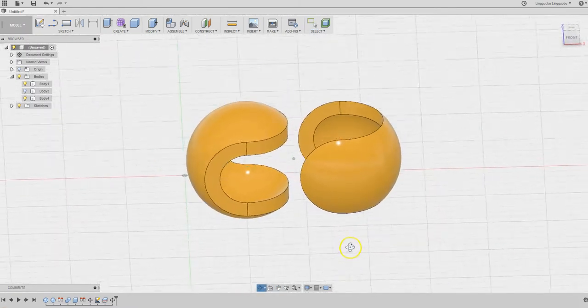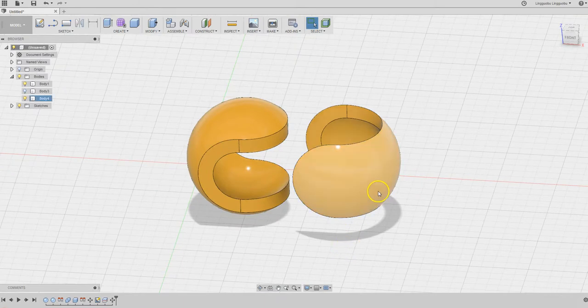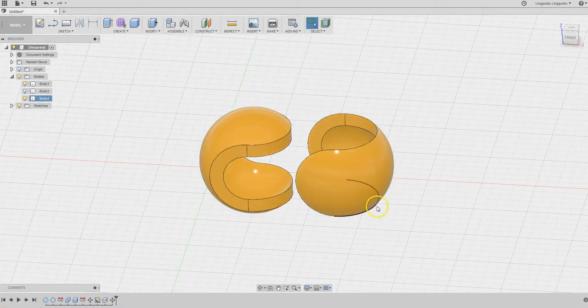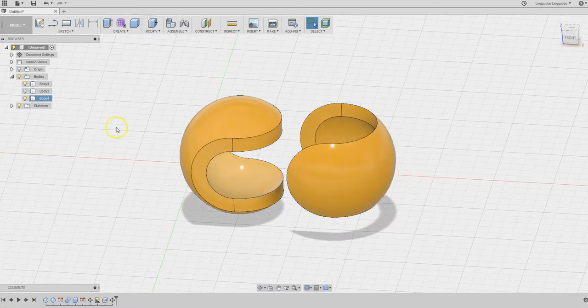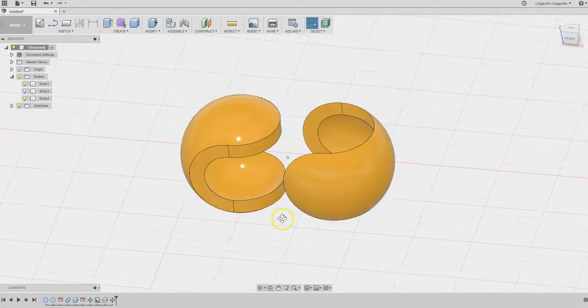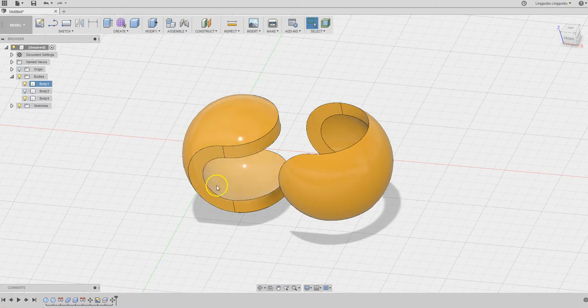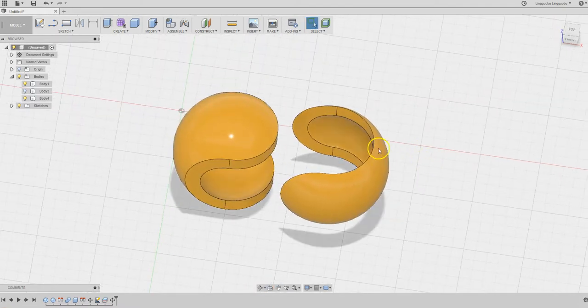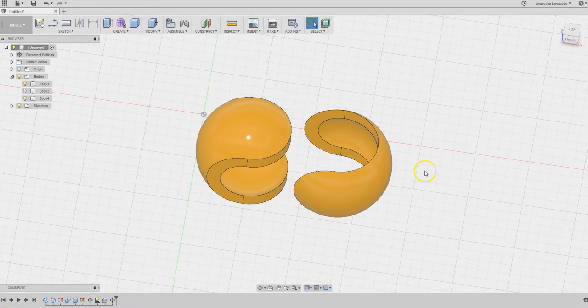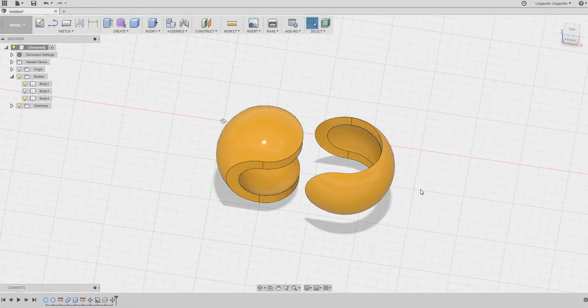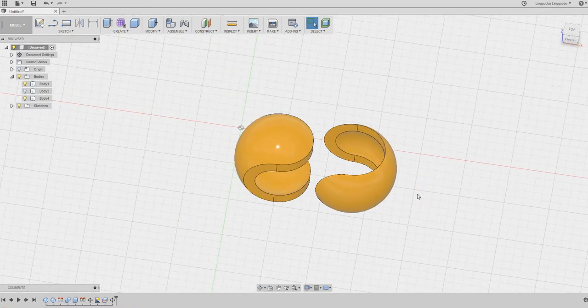We really don't need these two pieces, so we are going to hide one of them. How about that one? Okay, we're going to focus on this one. Look at the opening of this first piece. It's smooth, and the other piece here has a very sharp edge, and that's the consequence of having a thickness for the sphere. Let's turn off body